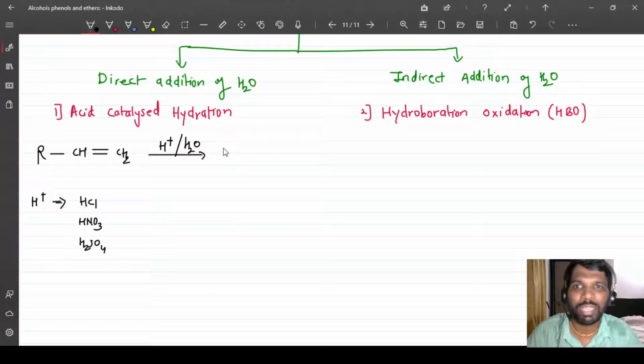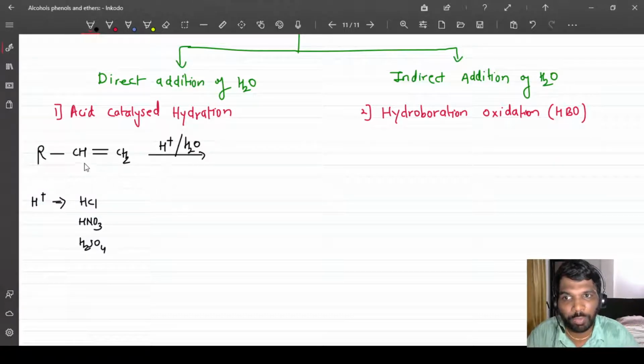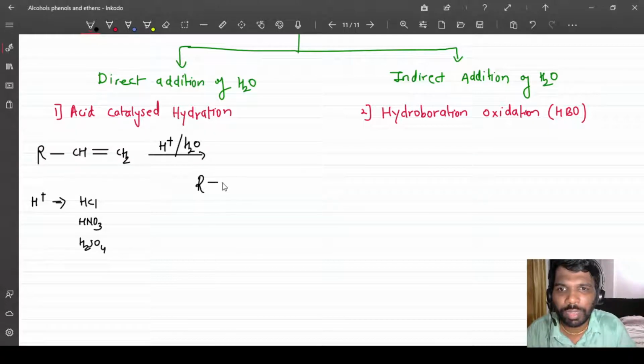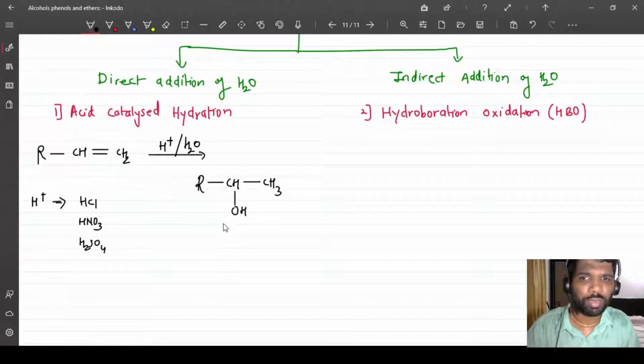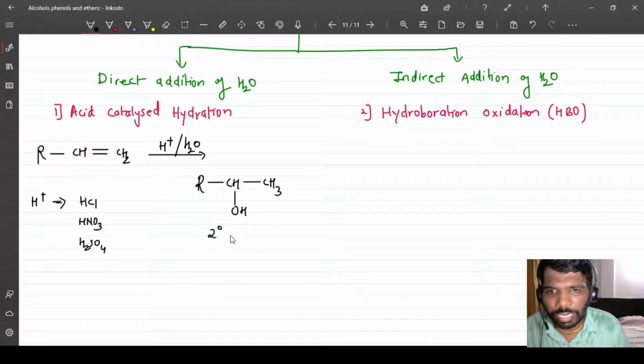This is called a direct reaction because the H+ part is coming from this water molecule, and the OH is also coming from this water molecule. I will write the product as CH, because this will become CH3, because the other part of the water, that hydrogen, will come over here and OH will come over here. In short, what we are getting is a secondary